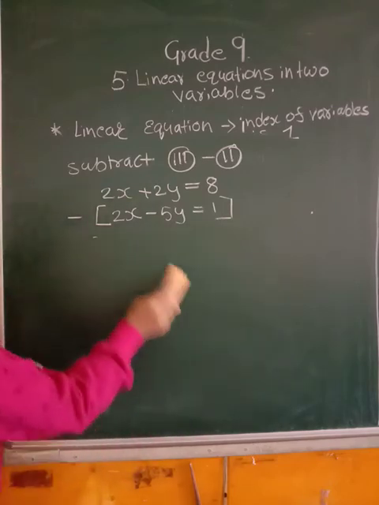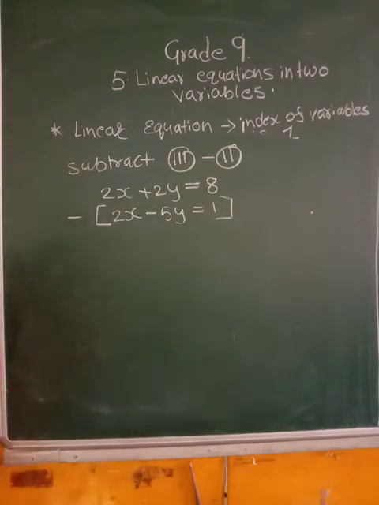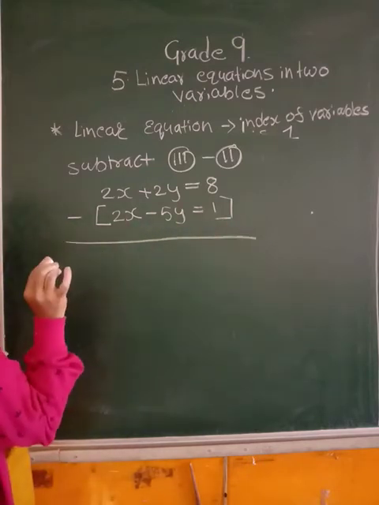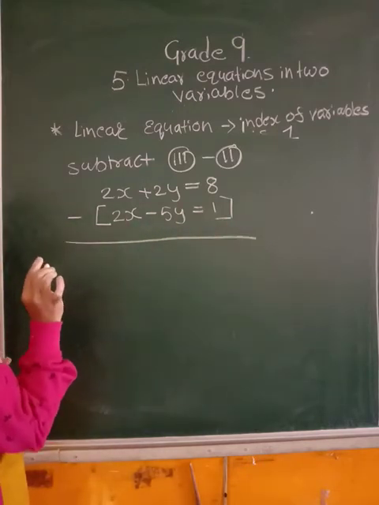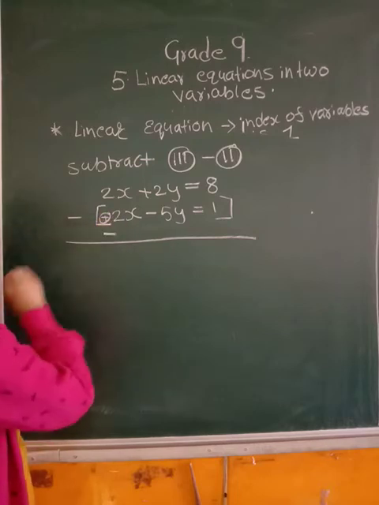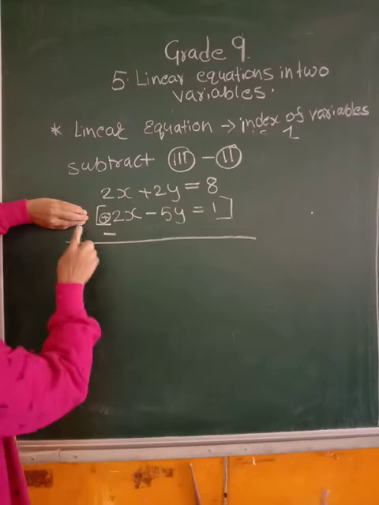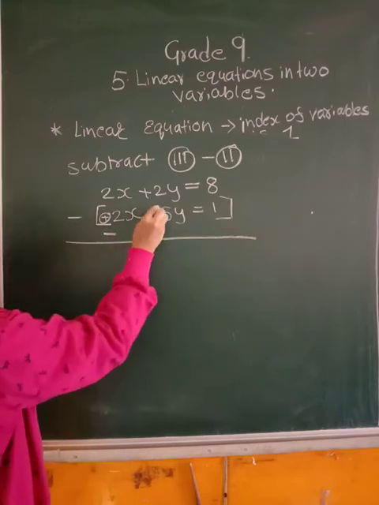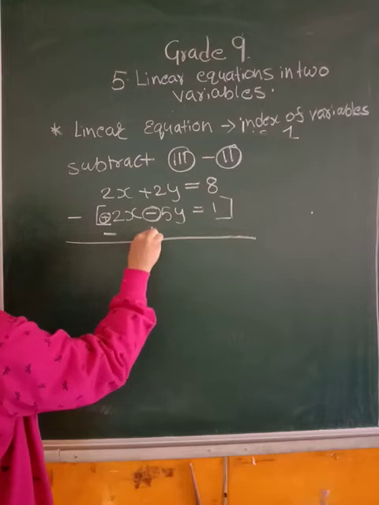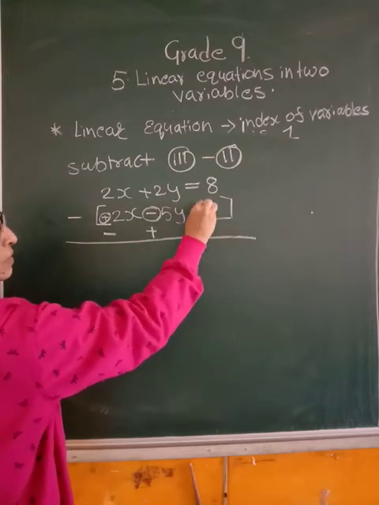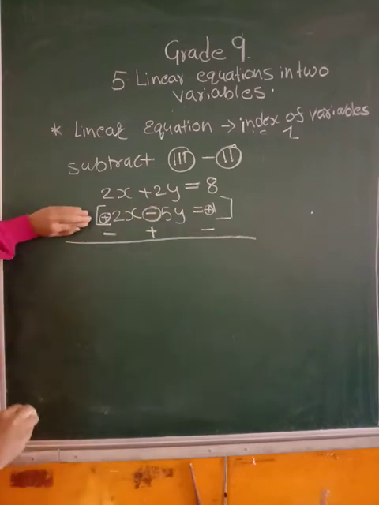Now please be very careful. When it is subtraction, signs will change. So leave one line here, and be very crystal clear, and your work should be very neat and tidy. See, this is a plus sign. Plus will become minus. Now don't think of this sign. After changing the signs, you have to consider these signs. Minus into minus, this will become plus. Minus into plus, this is plus 1, no? So this will become minus. Now don't consider this sign.